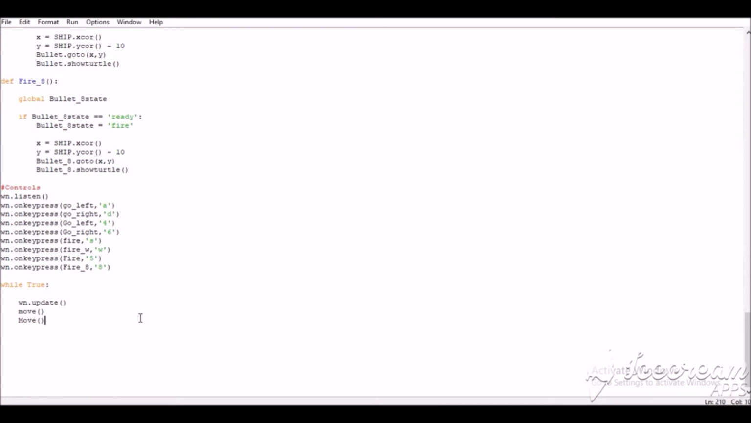So now everything is going to be in the while true loop, because we are going to press the fire buttons while the game is running. So let's just make it: movement of bullets of player 1, and then let's add if bullet